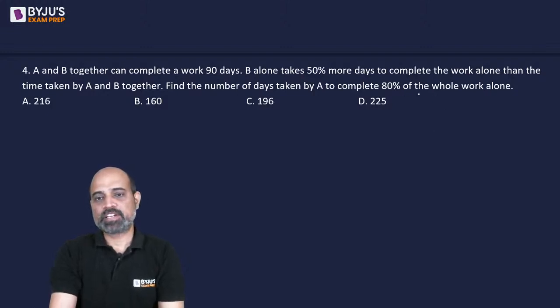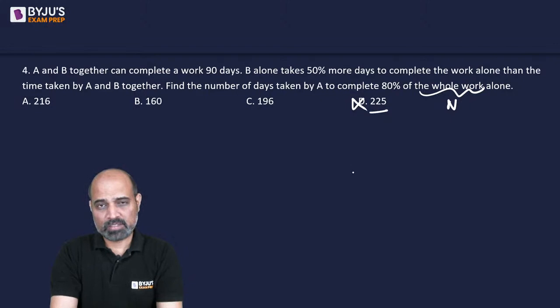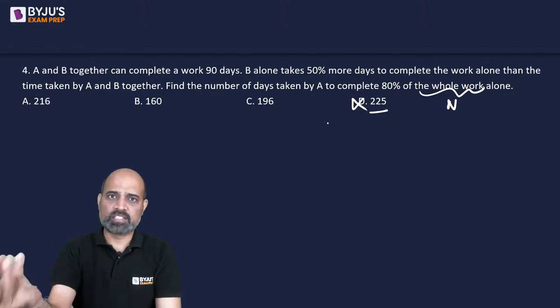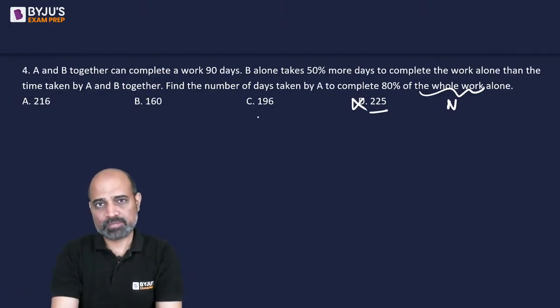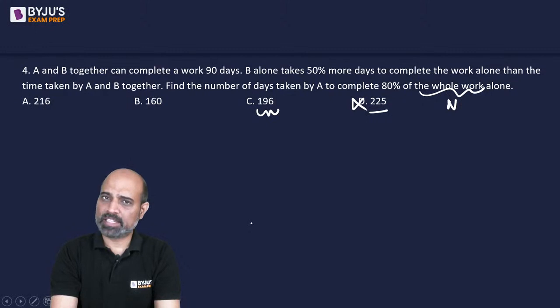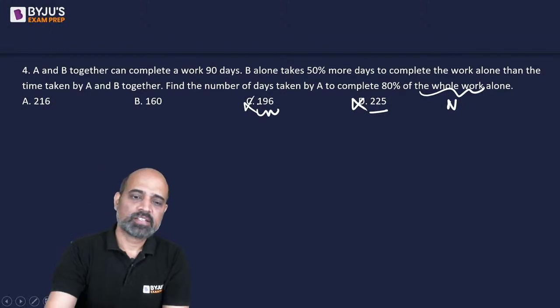See, 80% of some number will not be 225. It doesn't come in the table of 8. How do we know if a number comes in the table of 8? When the last 3 digits of the number are divisible by 8. Does this come in the table of 8? Is 196 a number in the table of 8? No, this will not be it either. The answer is going to be either A or B. They both come in the table of 8. Okay. Anyway,